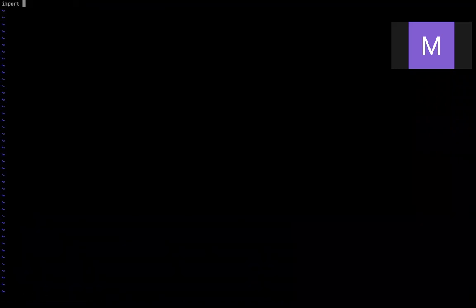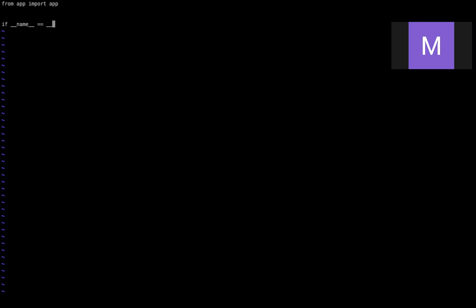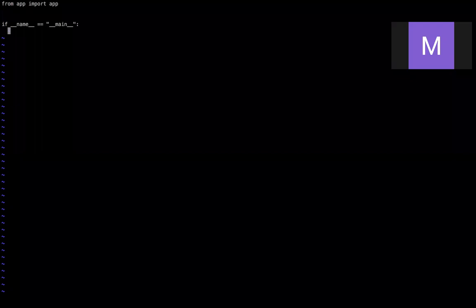Okay. And I then go into run.py. I do from app import app, because this app points to that particular file, and this app points to that application which we created inside that particular file. So from app import app. Then if __name__ is equal to __main__, I would do app.run,